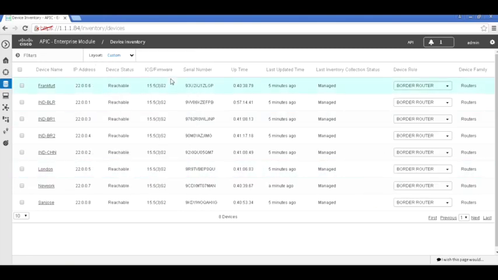You can also basically do a device role. By default, everything is listed as border router because these are all routers. But if you want to change this, you can actually change the role of those devices. Say for example, if the switch is an access switch, you can set it as an access switch,